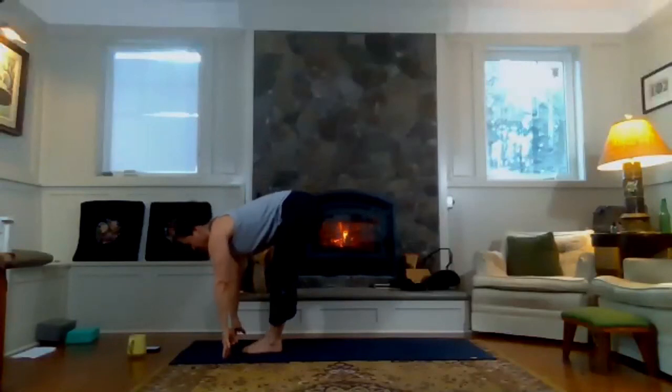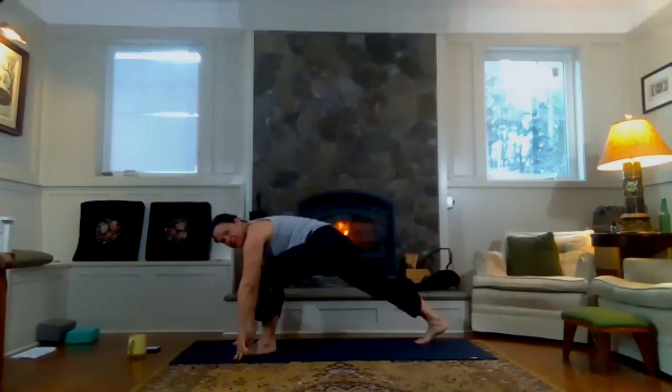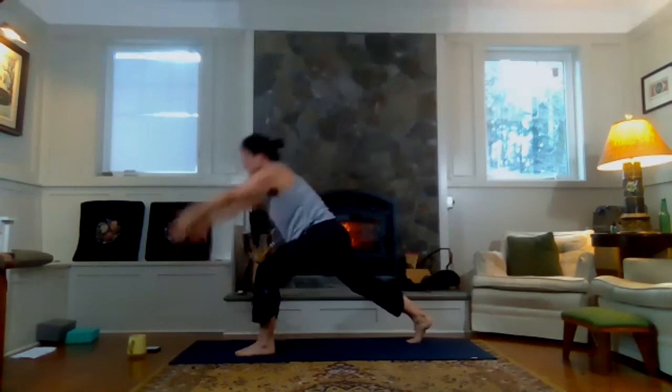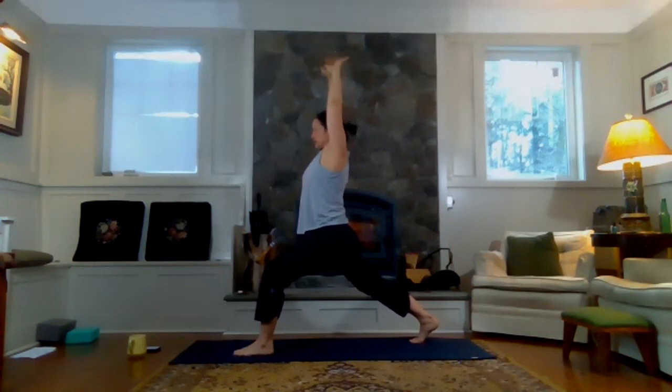Inhale, let's find a halfway lift. And exhale to draw the right foot back to the back of the mat. Option here to drop the right knee down onto the mat or stay up on the right toes. Inhale to sweep the fingertips forward and up. Exhale, sink the hips. As you inhale, let's find those